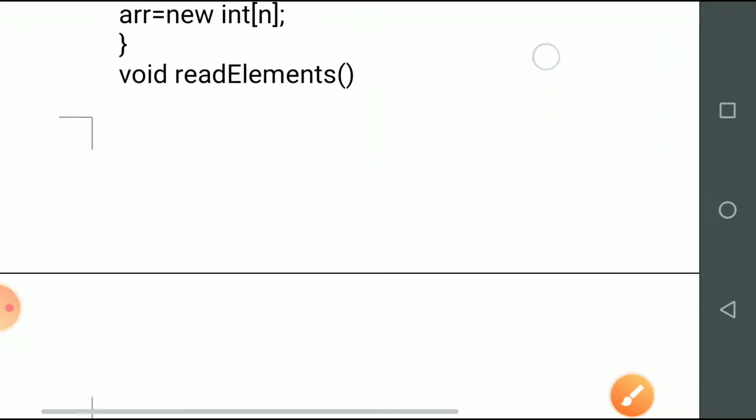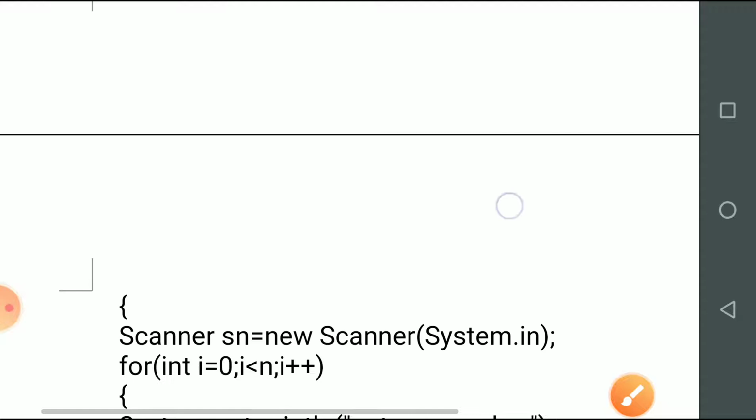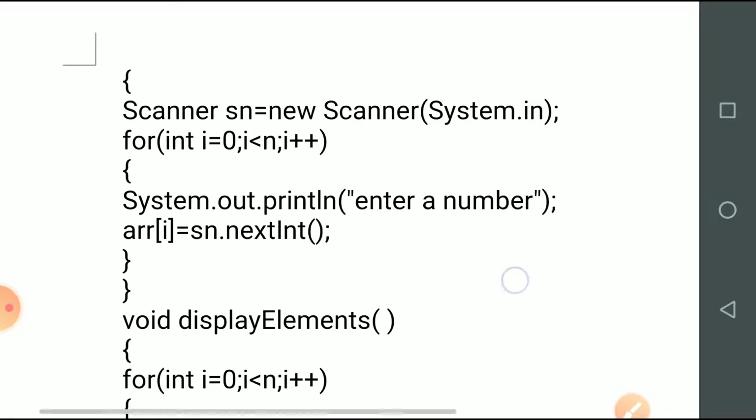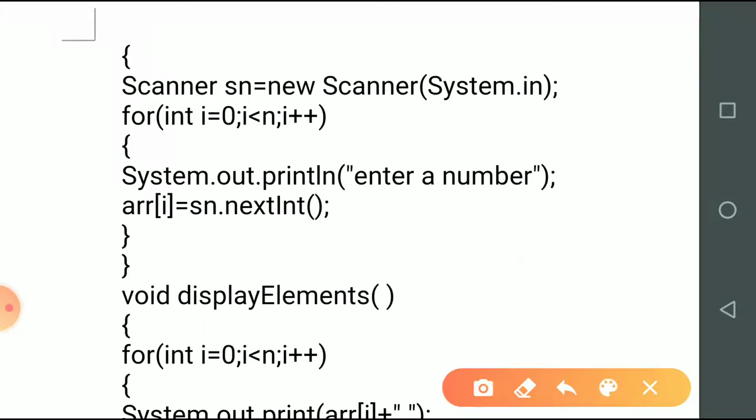The next function is read elements, which will take input from the user. The size of the array is n, so we make a loop for index 0 to n minus 1, and with the help of the nextInt function, ARR[i] = sn.nextInt(). First ARR[0] will receive the number, then ARR[1] will receive the number, and so on.